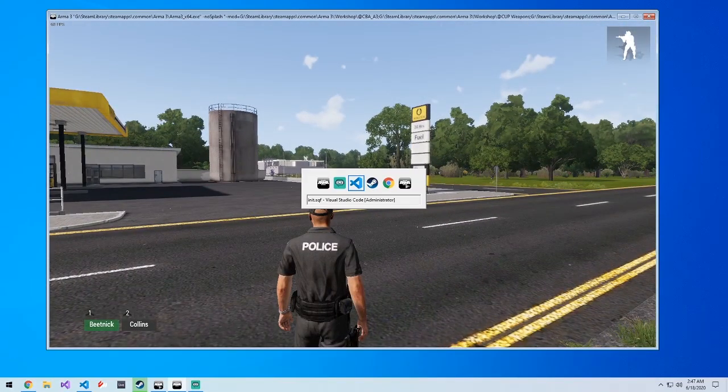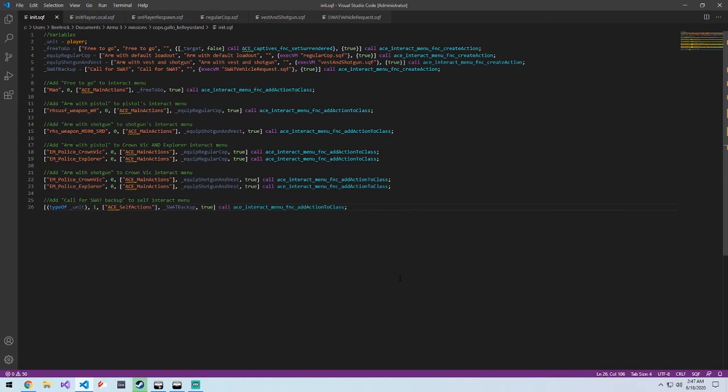To do all of this, this is what I had to do. This is the init SQF, or initialization of the code. So I have my variables up here, player. This right here is to add to that interaction menu that I showed you. So, free to go. I don't have an icon for it, which would be nice. But anyway, this is the code